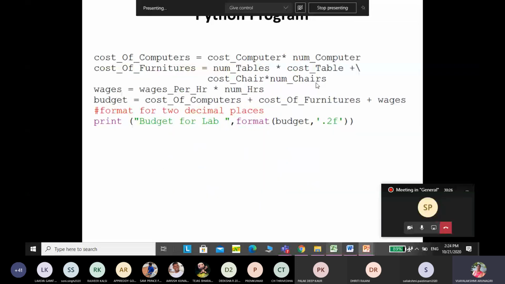And what is the meaning of this plus slash? I have discussed in the class.